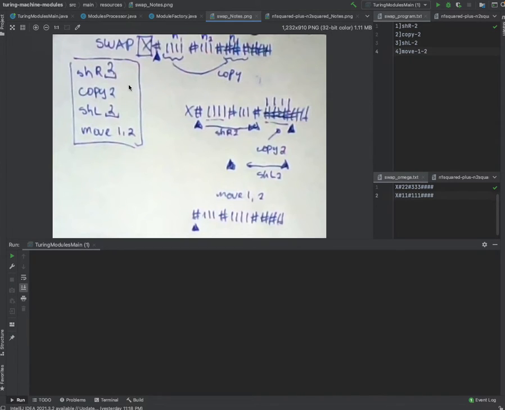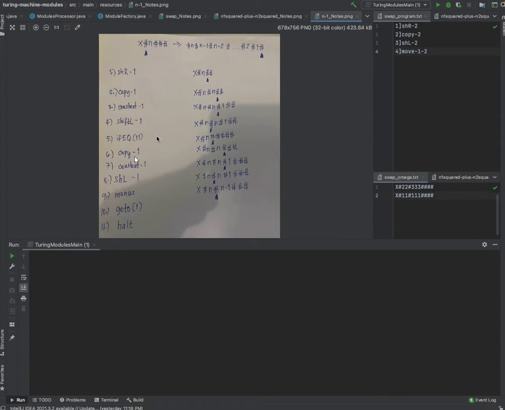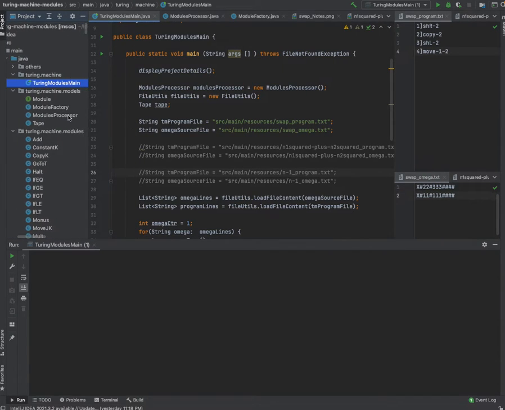included in the said program. For the swap N1 N2, with these Turing modules, the N1 squared plus N2 squared problem, and you'll see here in the notes the Turing modules entailed for creating the program. And the last problem I used for testing, the N minus 1, which has these 11 Turing modules. So just to walk through the Java classes,